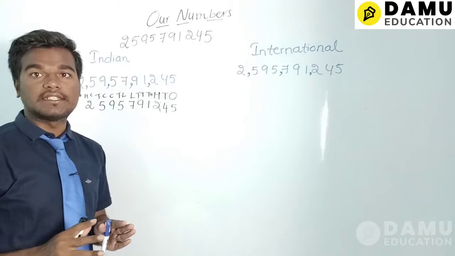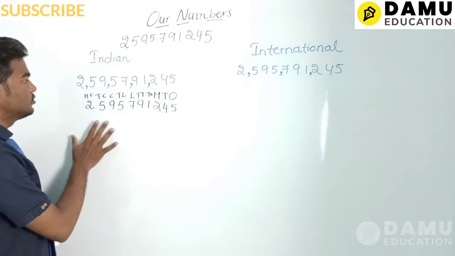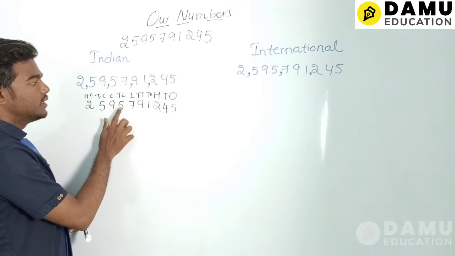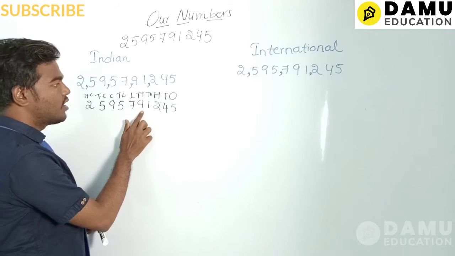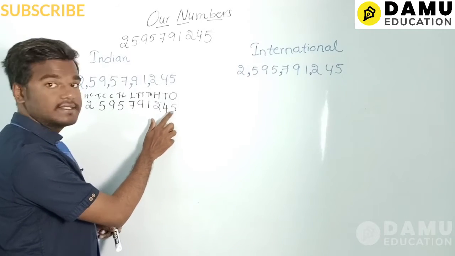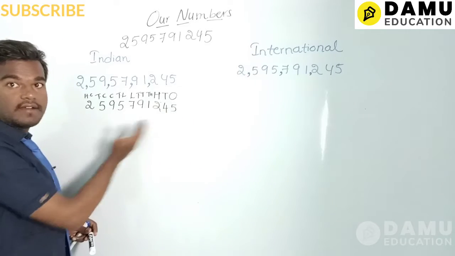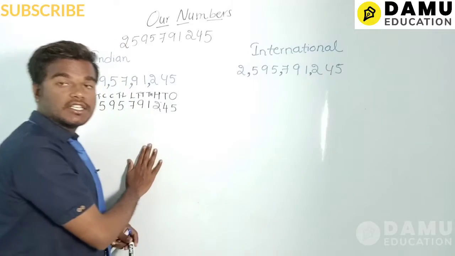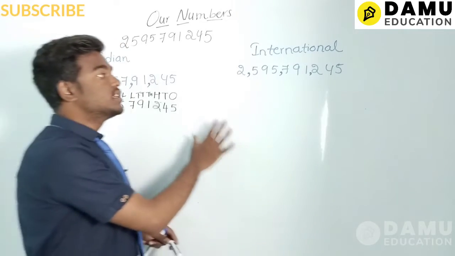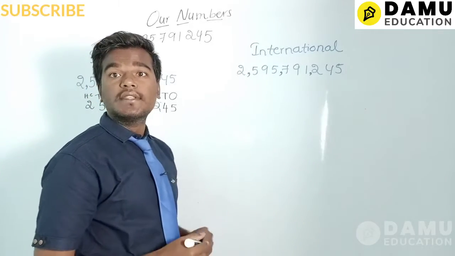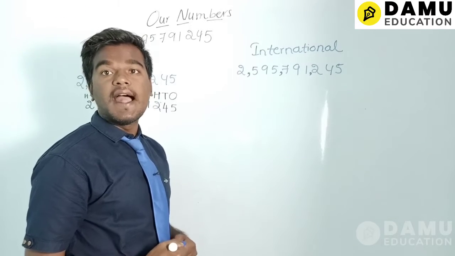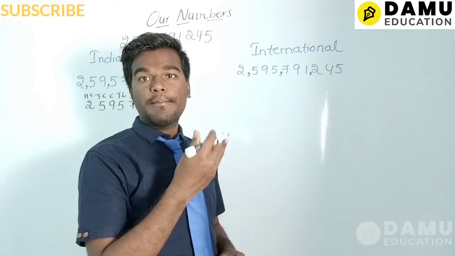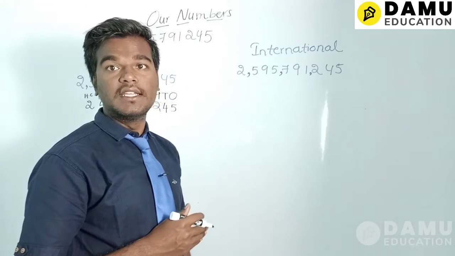So I will explain that. But what are the place values you have to take? So 100 crores, 10 crores, crore, 10 lakh, lakh, 10 thousands, thousands, hundreds, tens and ones. Or you can come from the right side also. But here, unlike in the Indian system, in the international system we will use only hundreds, tens and ones. After that, thousands, millions. After that, billions, trillions, like that we will get it.